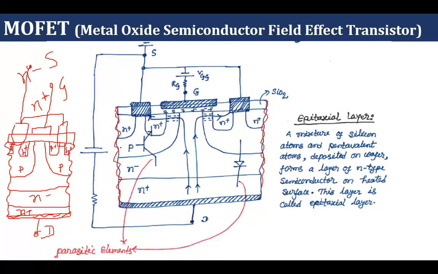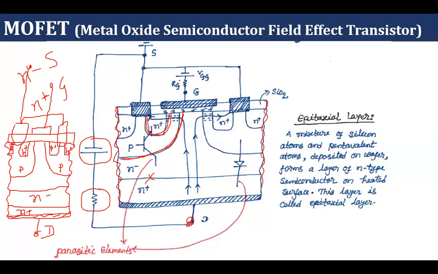So how is this device going to work? We have to apply positive potential at the drain with respect to the source, and in this manner our DC voltage has been connected, and a resistance is connected in series to control the amount of current. So we have PN junctions here and here, and all these PN junctions are similar to each other. This is different from the signal MOSFET, where there will be no PN junction because on both sides we have N-type semiconductor material.